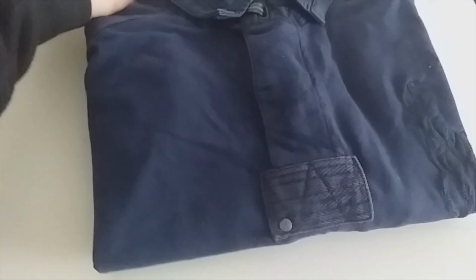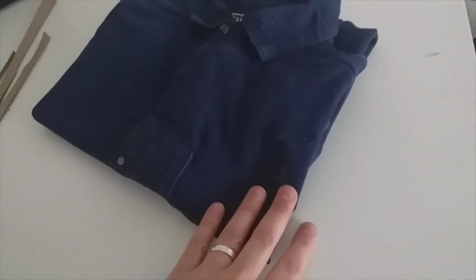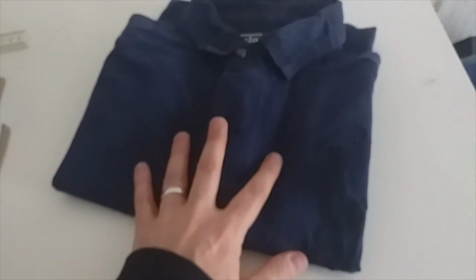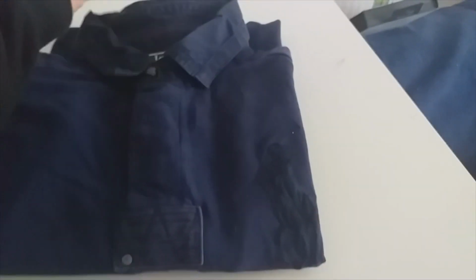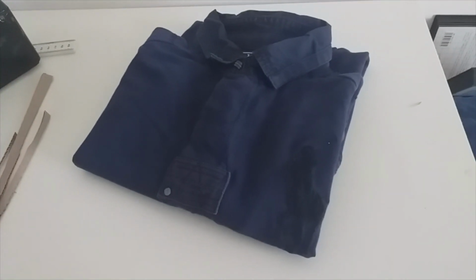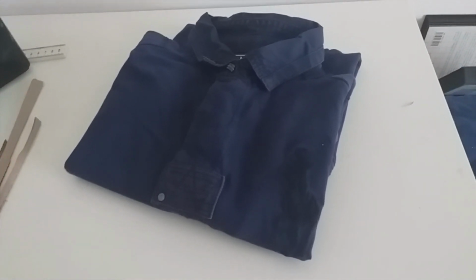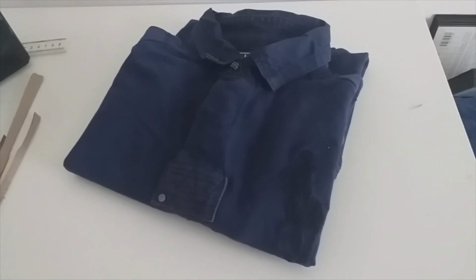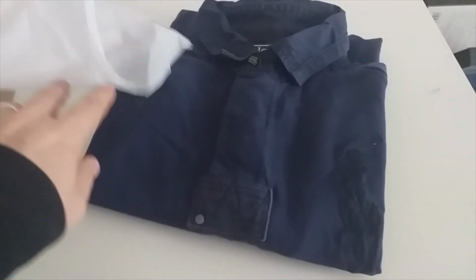Okay, next up, it's a Ralph Lauren long sleeve kind of polo shirt. This is part of a whole vintage haul which I got probably about 9 months ago now, and a lot of it went fairly quickly. Some of it hung around. This is one of the bits that hung around quite a bit. Kind of a nondescript shirt really, but it is Ralph Lauren Polo. So yeah, that sold for $17.99. I would have been happy with anything around 15. So my usual is wrap it in a bit of paper and then it just goes in a poly mailer